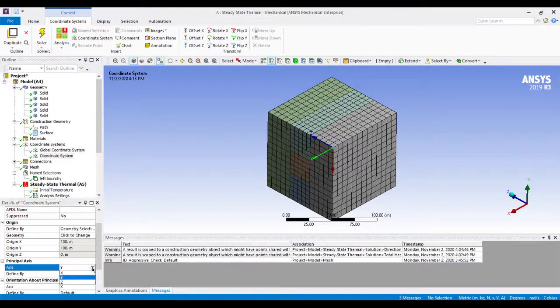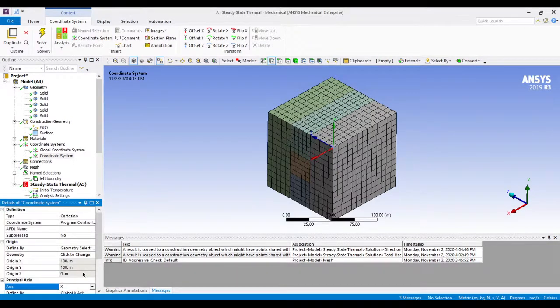Suppose we try to change with this. Again you can see this is your x and this is your y. Again it is not what I want, so we'll try to say it is a z. Now you can see that this is your x and this is your y. Now it is okay. Now you can see that this is our coordinate system.